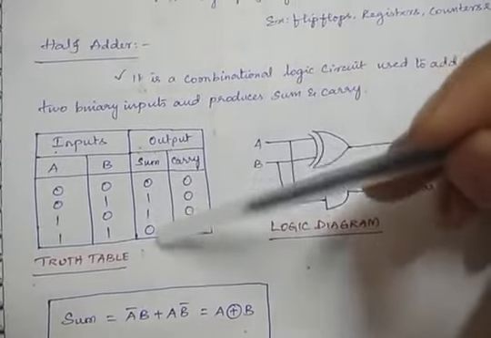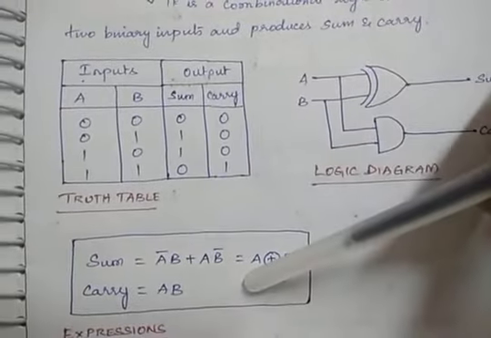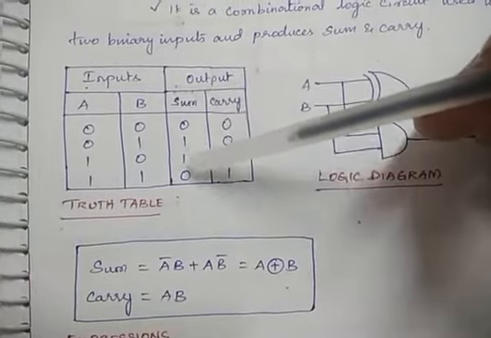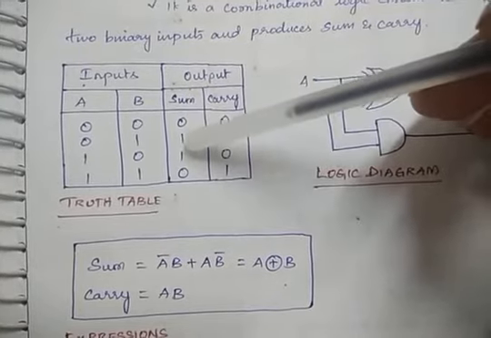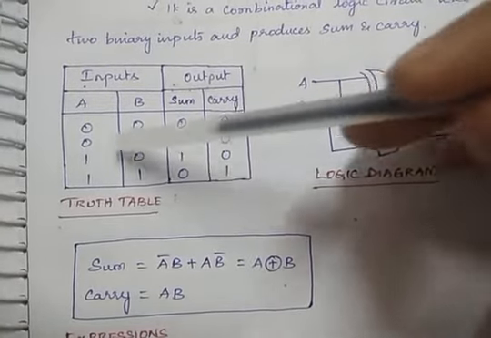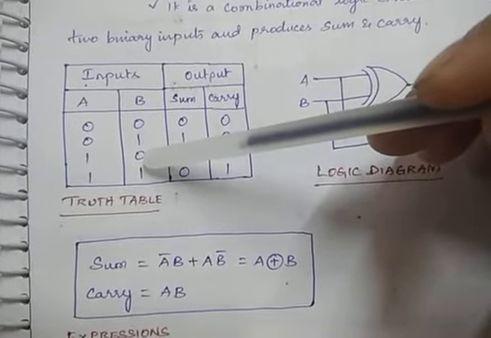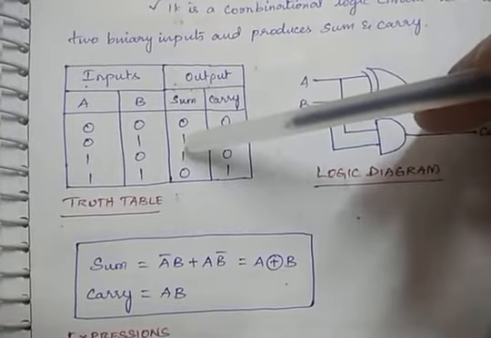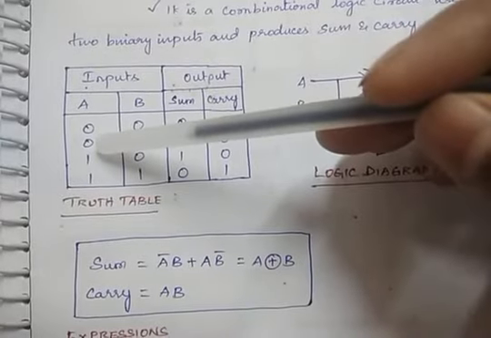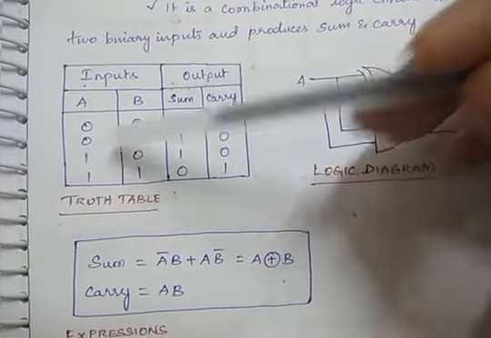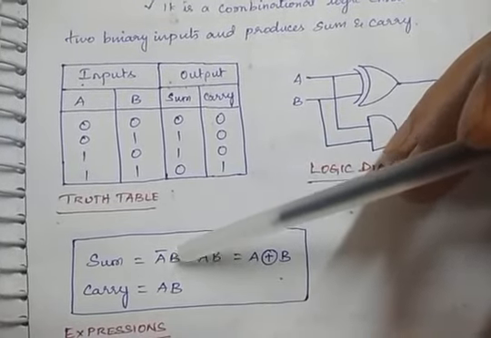So according to this, I can write the expression. See, sum is 0, 1, 1, 0. Sum has the higher value 1 in these two states, right? So now we can write the min terms. Sum is 1 when a equals 0, b equals 1. In min terms, 0 means primed, 1 means unprimed. So a bar b: a is primed, b is unprimed.